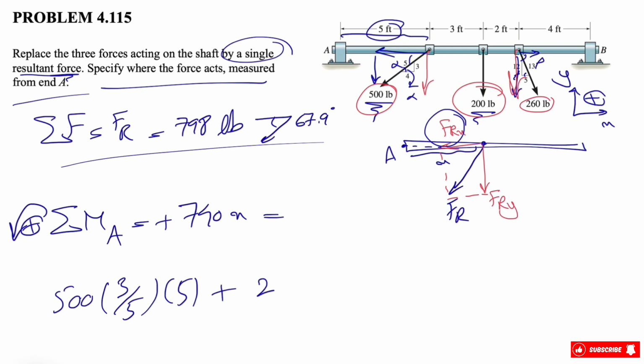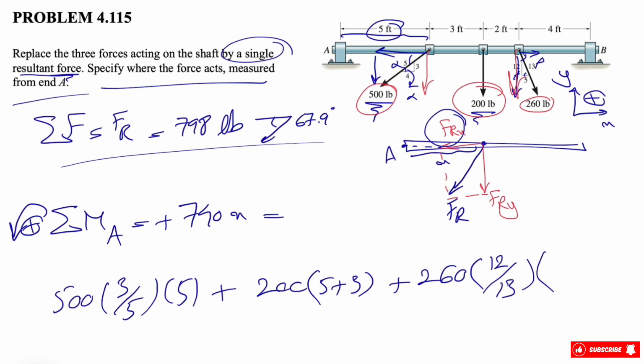So the 200 is already only y component. The distance is 5 plus 3, and the last one is the moment of the 260 Newton force, and it will be the sine of beta, which will be 12 divided by 13, and the distance will be this time 5 plus 3 plus 2, which is 10. So this will be 8 and this will be 10, and we know this is equal to